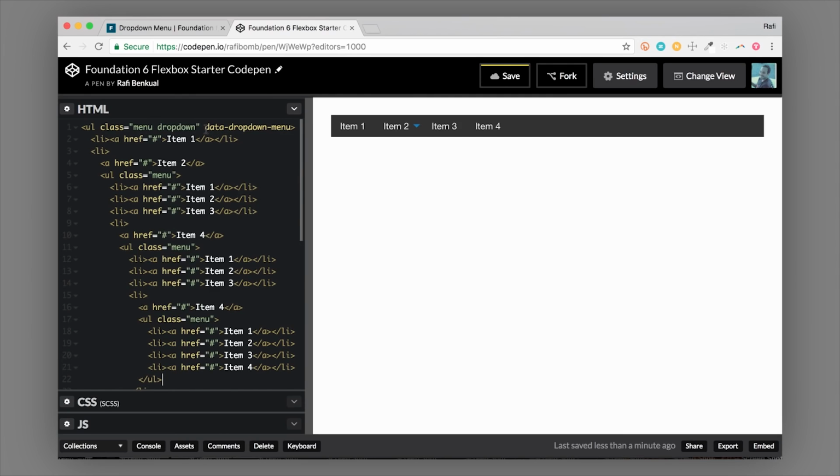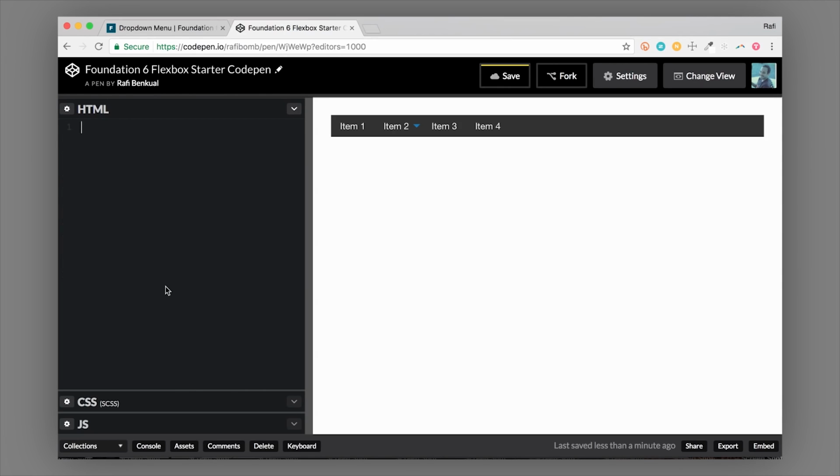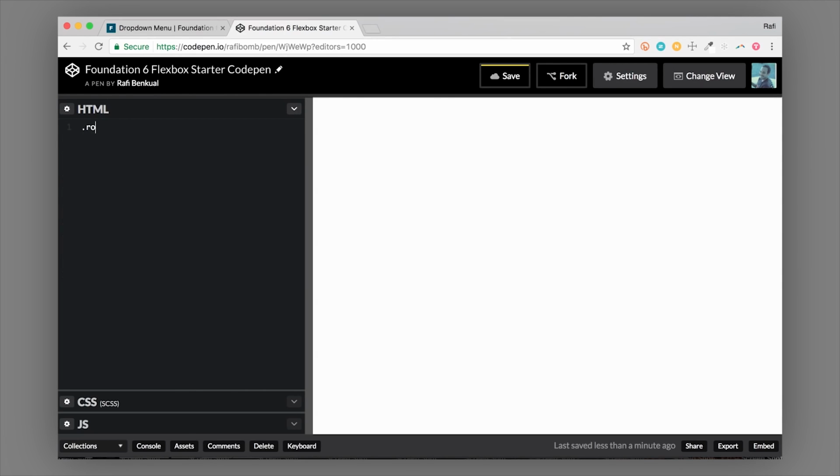This is one extension to the menu component. There's a few others. But I'm going to show you that you can also make this in a sidebar or something that is a little bit narrower. So let's go ahead and take this entire menu system that we just built, and we'll remove it for now. And we'll just add a simple grid system in here. So we'll do a row, and then let's do